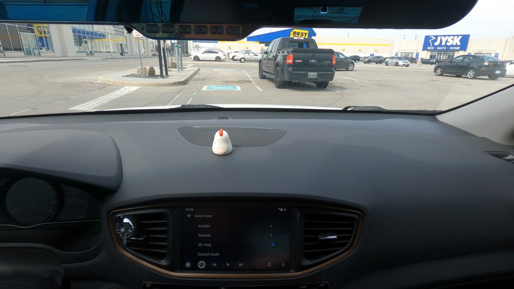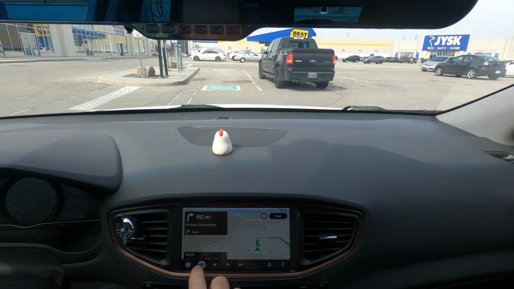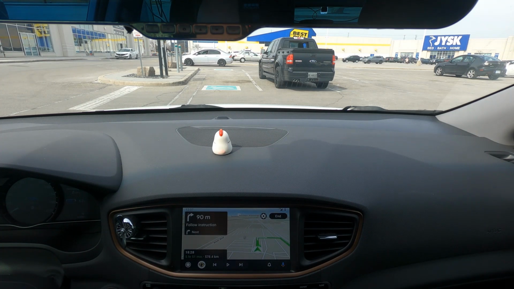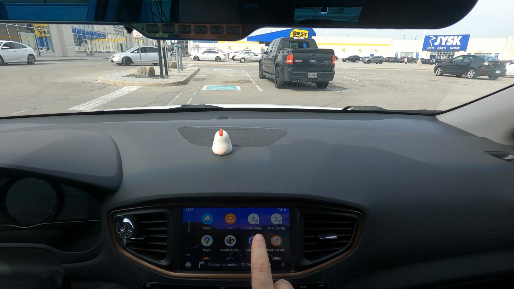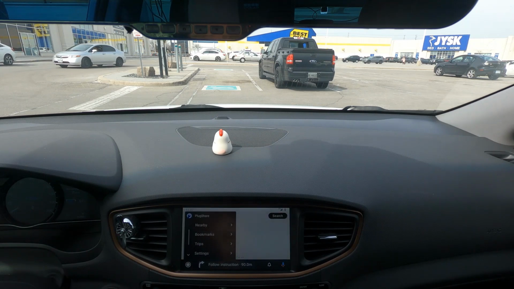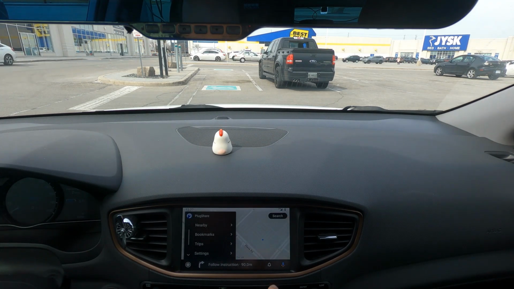Also, as an EV mode, it doesn't seem to be wanting to warn me about the fact that my range can't get there. So that's a little bit of a problem. Now, I am going to get out of Sygic. I know I'm reviewing Sygic Beta here, but I just want to show you another beta because this actually is more relevant. So if I go into Plugshare right here, this is also in beta right now,